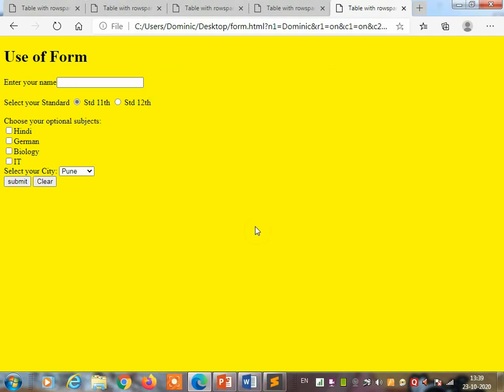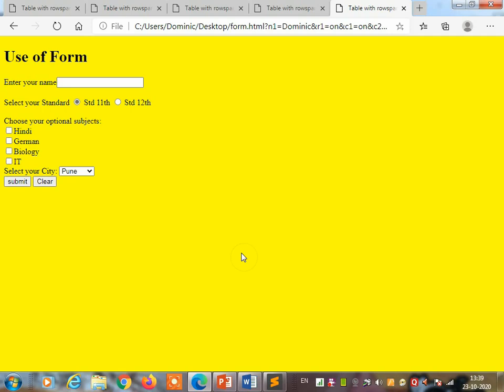In today's lecture we have learned how to give background color to a cell in a table, how to create a hyperlink in the HTML document, and how to create an HTML form. While creating the HTML form, we have learned different tags: input tag, select tag and option tag.